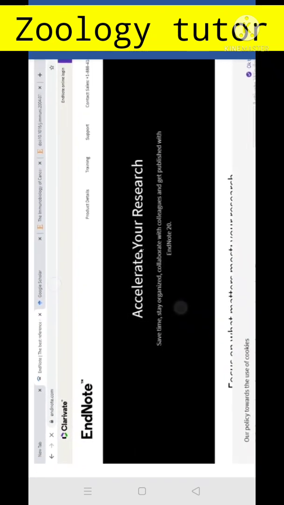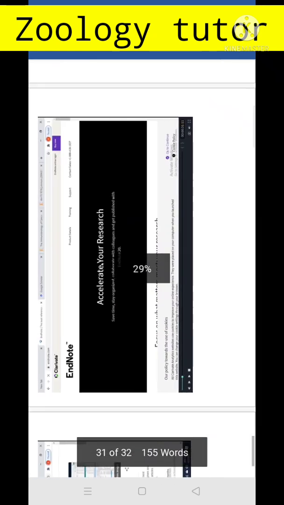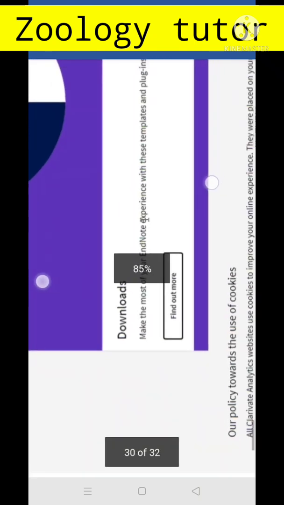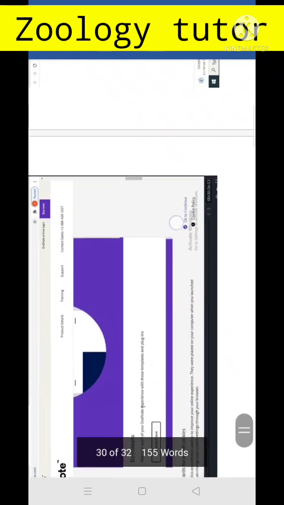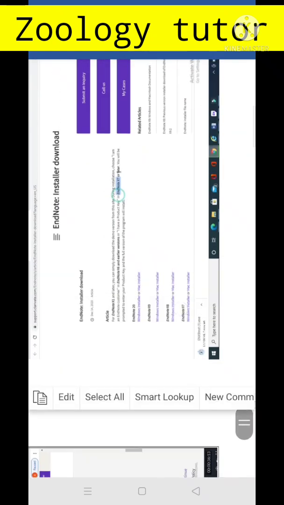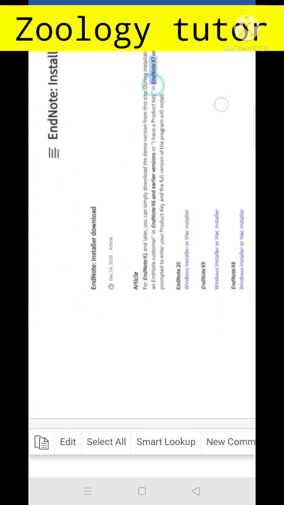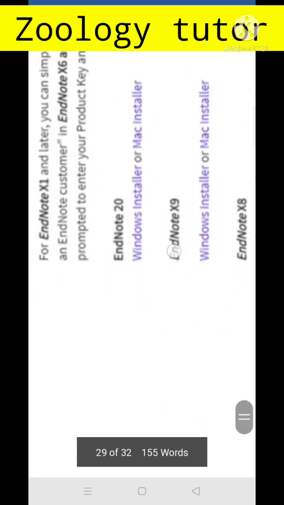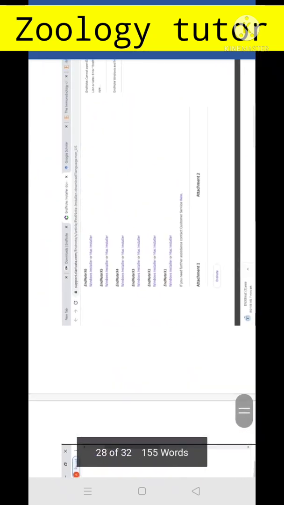Just scroll down a bit, and there you will see the download option. Then you can click on more for more options, and here you will see that there are different options. Now you have to click on EndNote installer, EndNote X9 here, that is for computers.